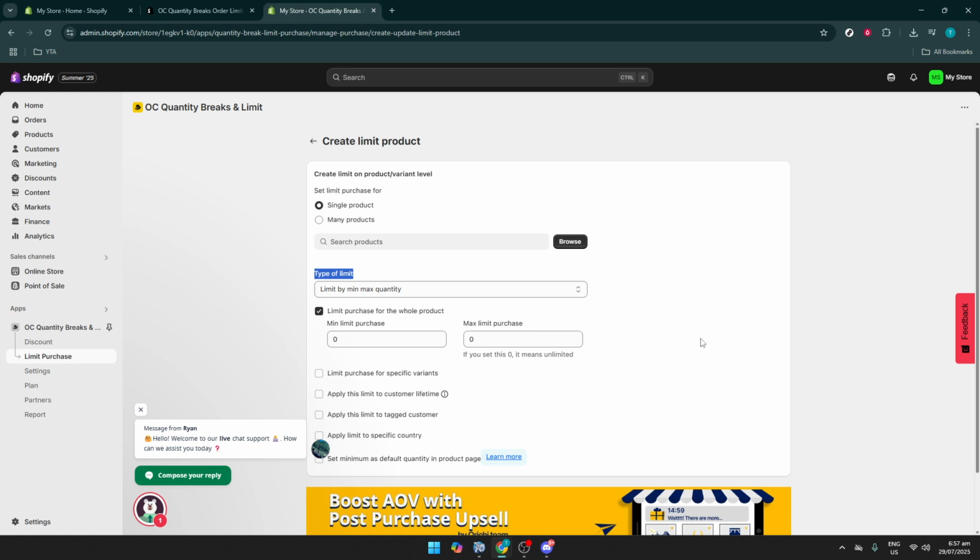And there you have it. By the end of this setup, you'll have a robust minimum order system in place, fine-tuned to serve your store's unique